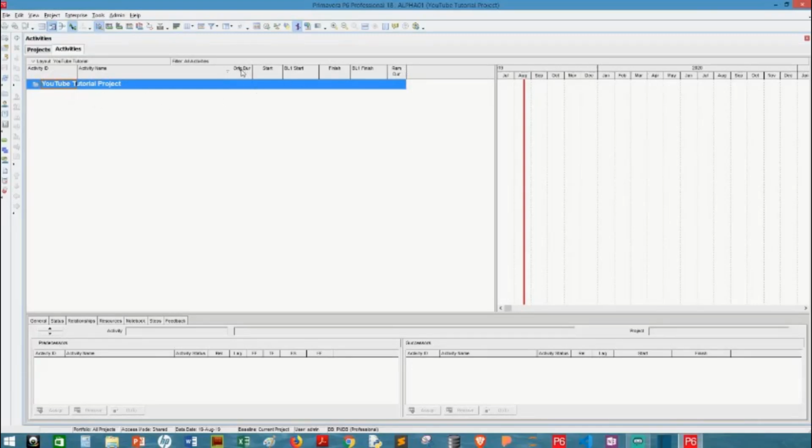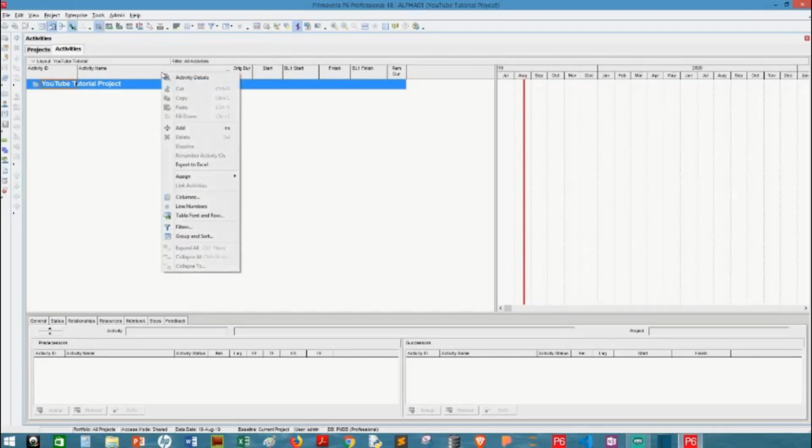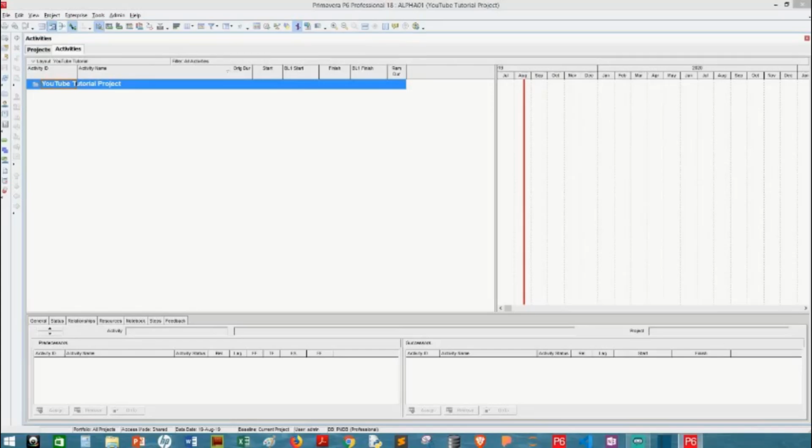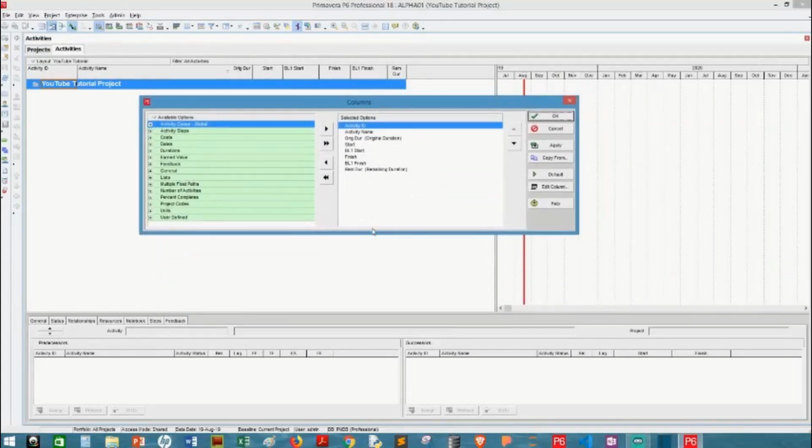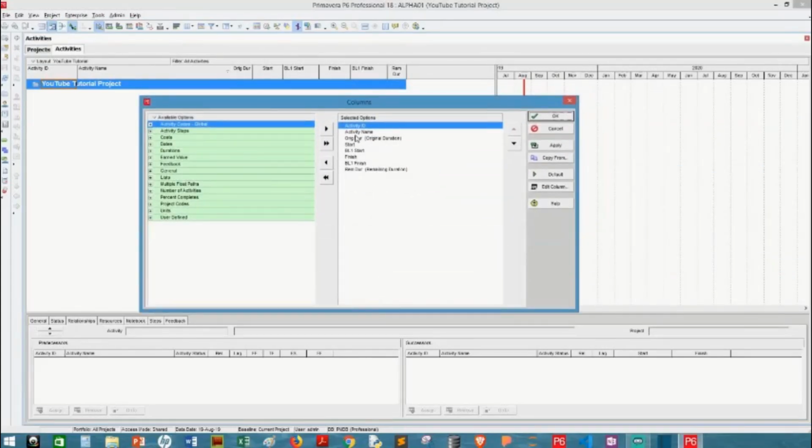Also, if you take a closer look at this, this is Orig.Dur. This is a shortened form for original duration. Now I'm going to show you how I made all these modifications. So simply, if you want to modify the column headers for the activity windows here, right click on the column header and click on columns here. This throws up a pop-up columns window,